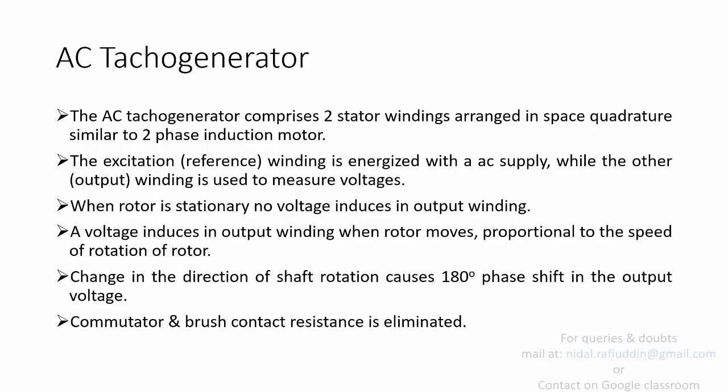So the benefit of AC tacho generator is that you don't have commutator and brush assemblies, and thus no contact will exist, similar to DC tacho generator. So in case of DC tacho generator, you have commutator brush assembly, and there are contacts which will cause losses and problems later on. Some mechanical problem may occur in later stages. So this can be eliminated in case of AC tacho generator, because it avoids the use of commutator and brush assembly. So this is a benefit of AC tacho generator over DC one.